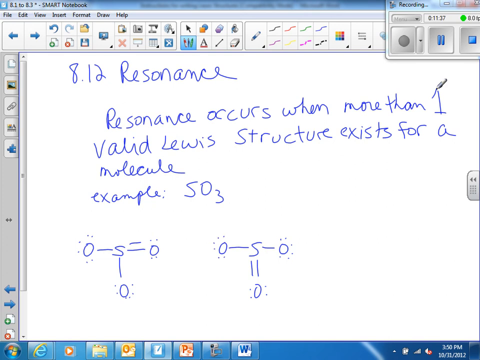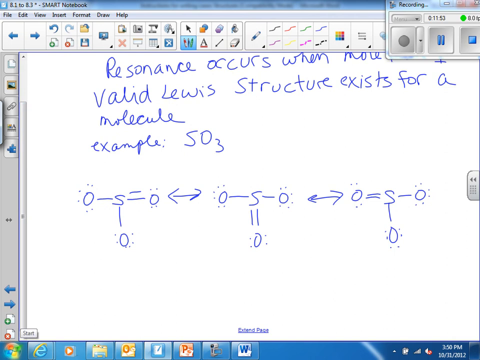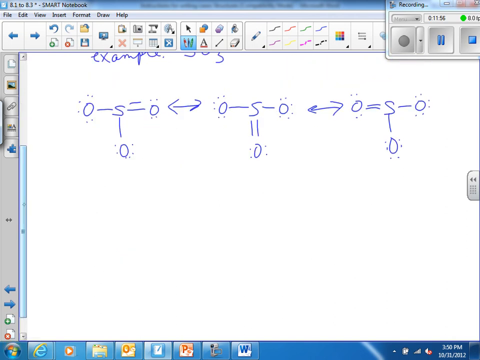Or I could have put the double bond on the left side. And we say that all 3 structures are equally valid. In fact, what is really believed is that the double bond is spinning and switching places between the right side, the bottom, and the left side continuously. So really what this would look like is this,